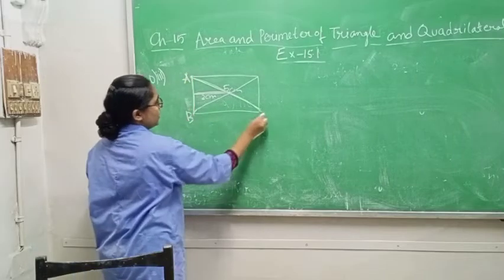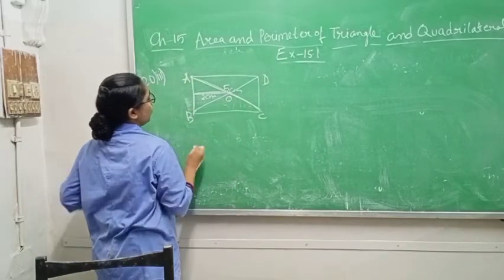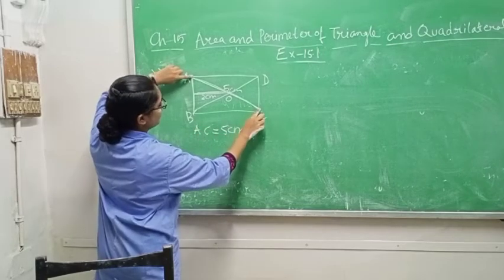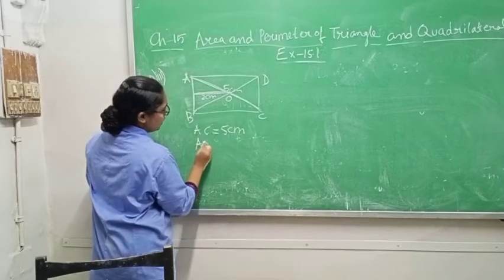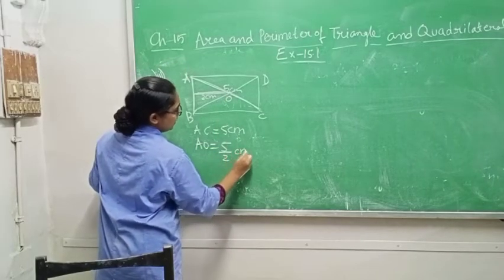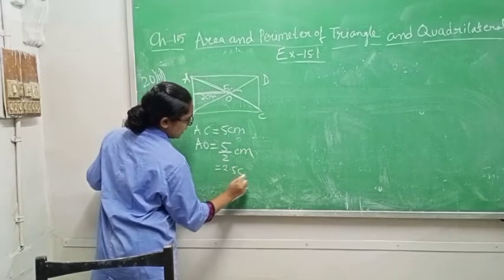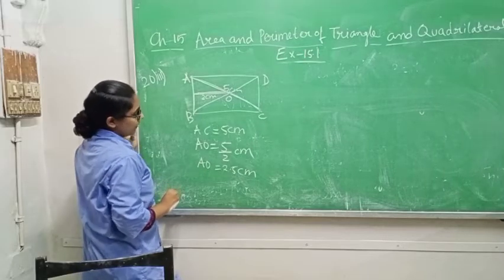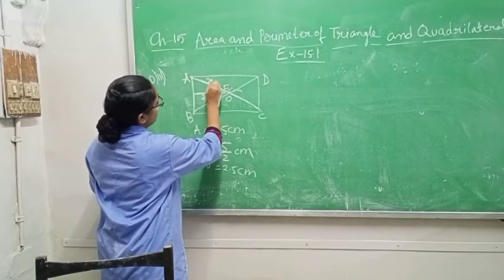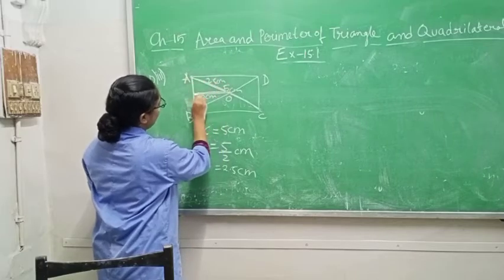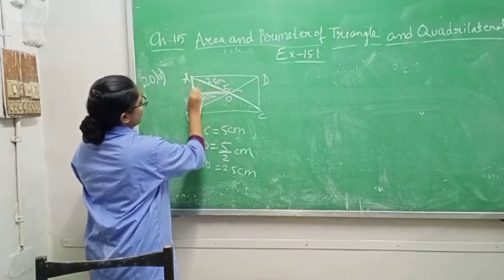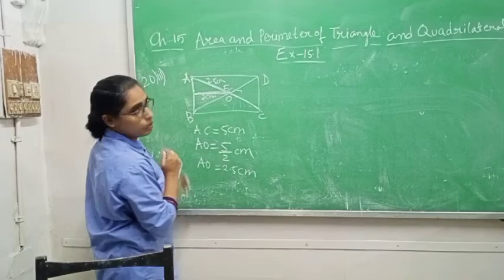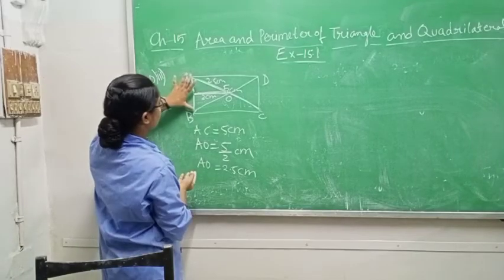First of all, write A, B, C, D. Okay, and this one O. So AC is given how much? 5 centimeter. If AC is 5 centimeter, AO will be half. So AO will be 5 by 2 centimeter. It means you will get 2.5 centimeter. AO length will be 2.5 centimeter. Okay. I am finding AO. See, this one I got 2.5 centimeter. In this triangle, I can get half base, and if I get half base, I can multiply with 2 to get full breadth. Okay, this one is nothing but breadth.